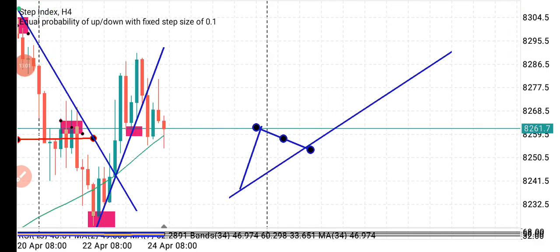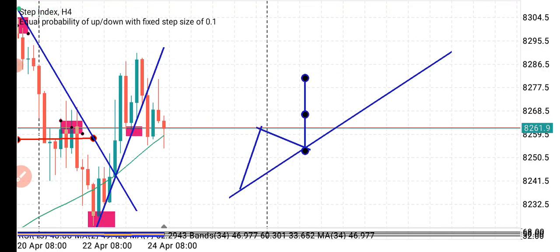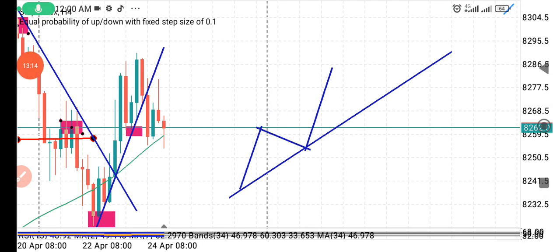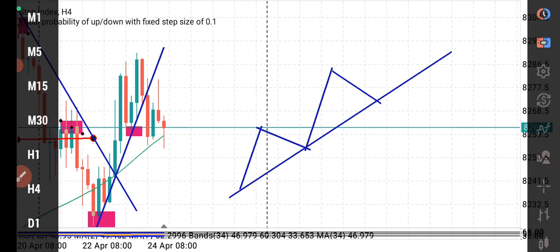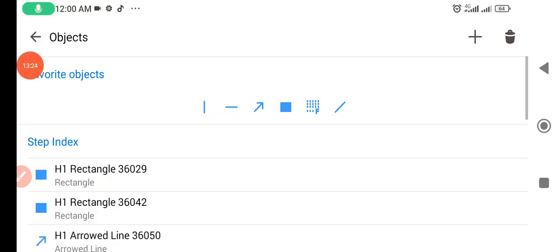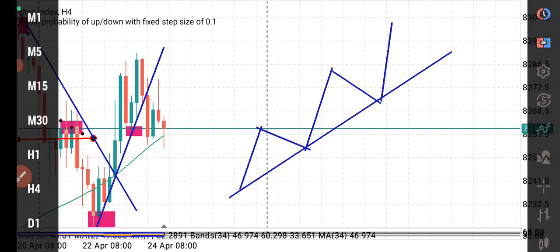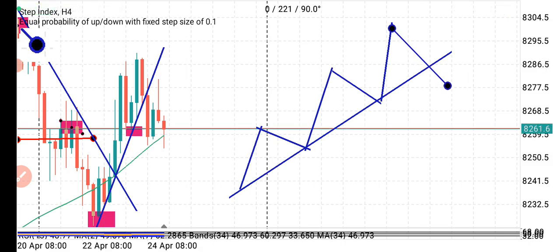Price keeps moving in this direction, giving us higher high, lower low, higher high, lower low, higher low, I beg your pardon, higher high, and then